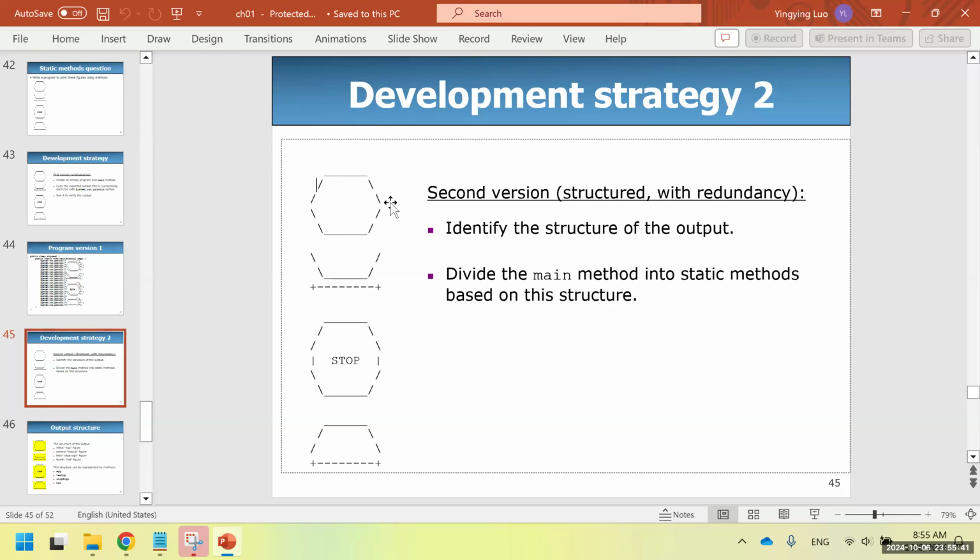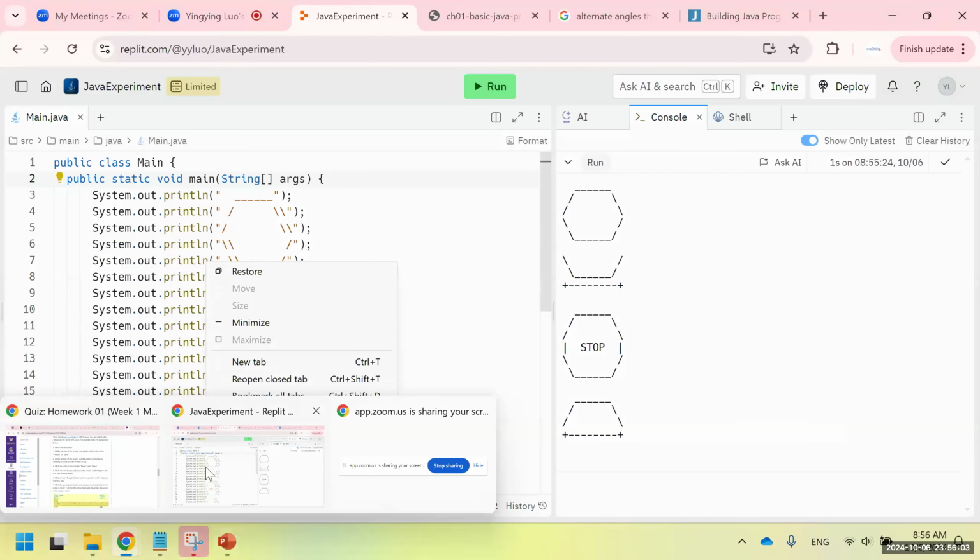For example, you see some repeating shapes here, such as the top half of the stop sign. It's repeating 1, 2, 3 times. So if we define a method that's just drawing the top half of the stop sign, we can then call the method 3 times. And we can see